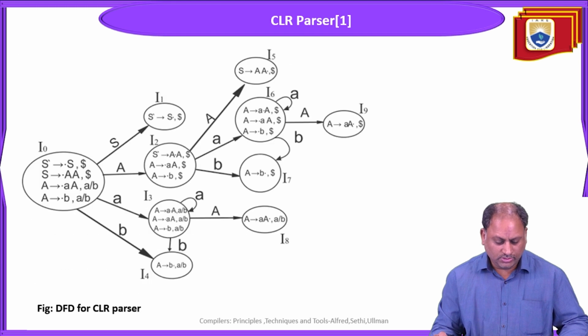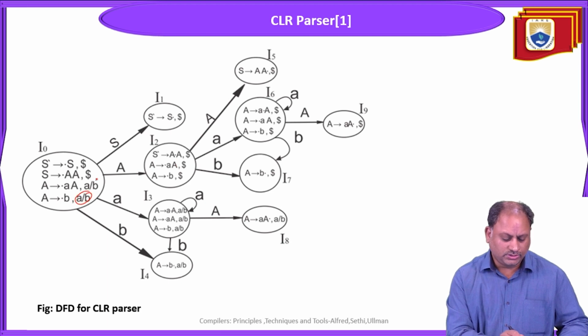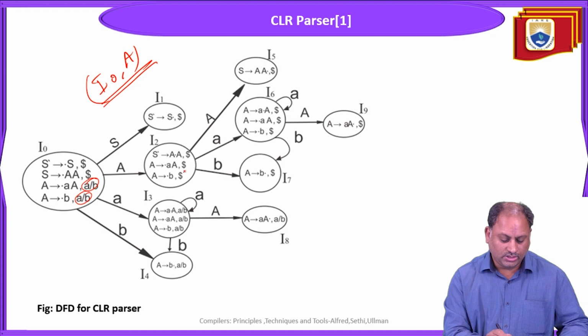and then we give the data flow diagram, the same as for the SLR parser. The only difference here is that we have to calculate this first of this one, and the same is written in the separate states, I1, here also I1. But here if we observe I0 with S, we get S comma dollar, that is the accepting state, and I0 with capital A,